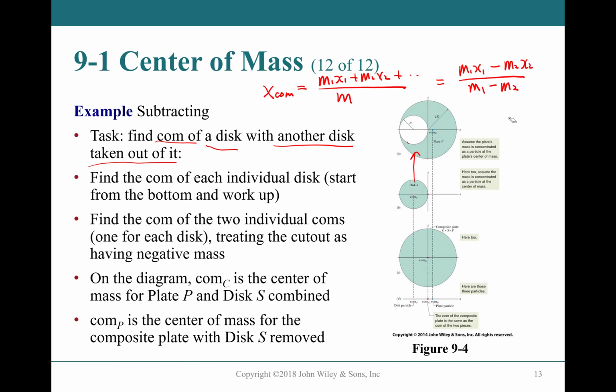So here, we can derive this because what do we have? If we have disk S, so this is our disk S. This is S, this is P. Okay, plate S, plate P, because MS XS plus MP XP divided by MS plus MP will be equal to the origin here. Because this is the origin here.